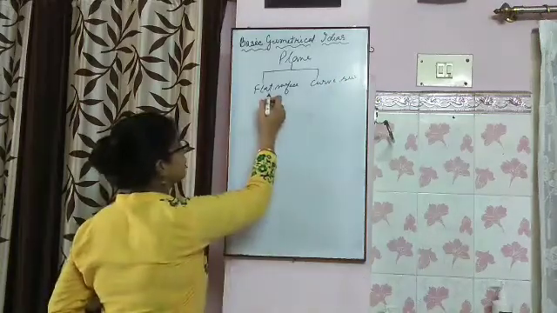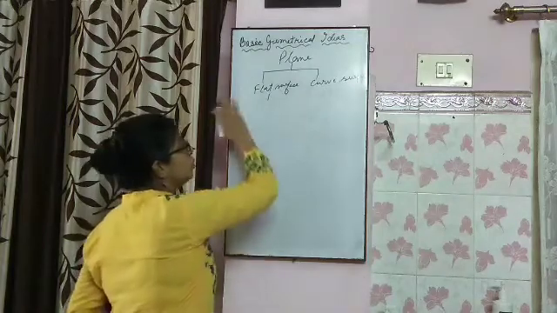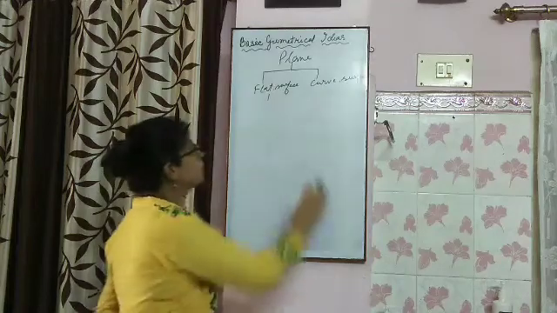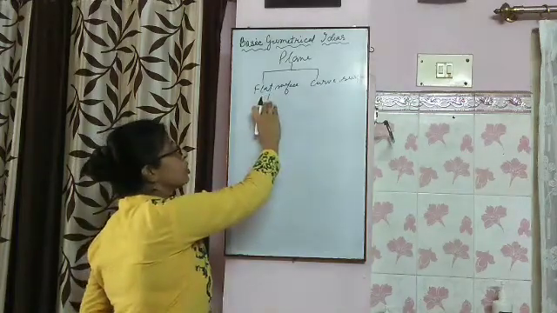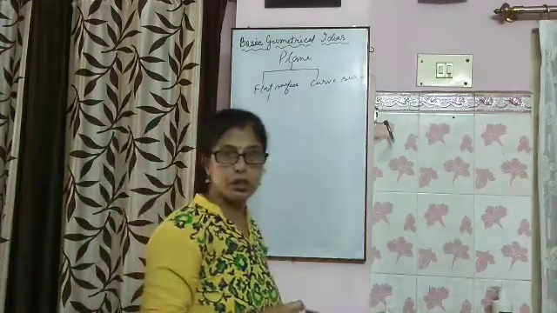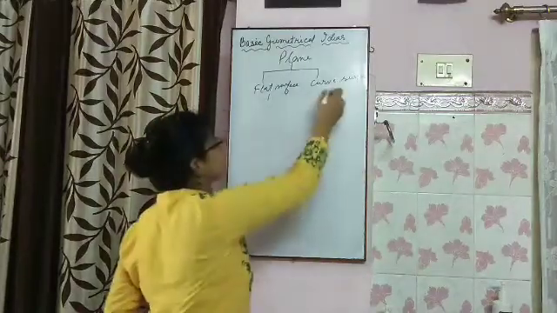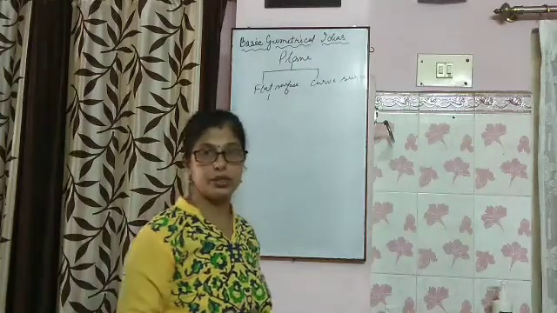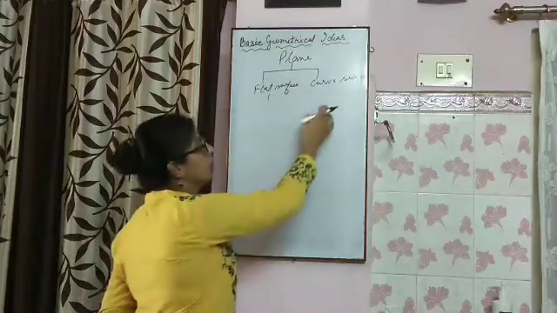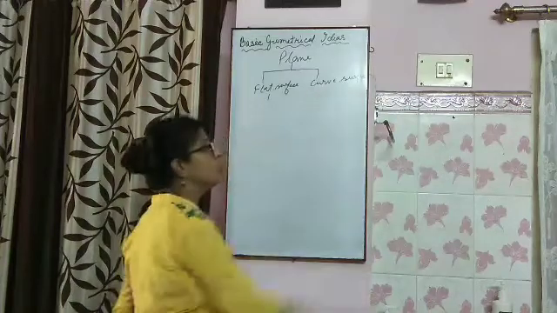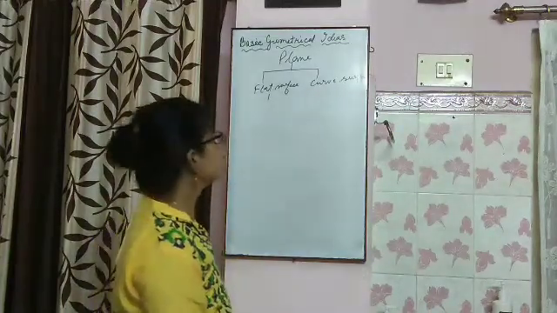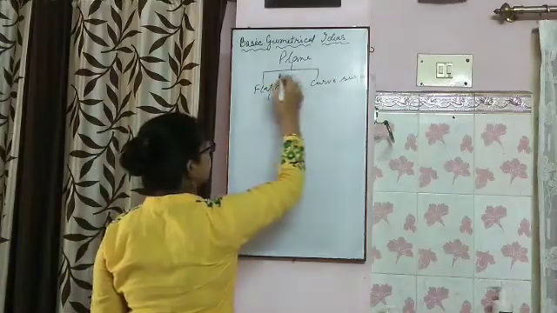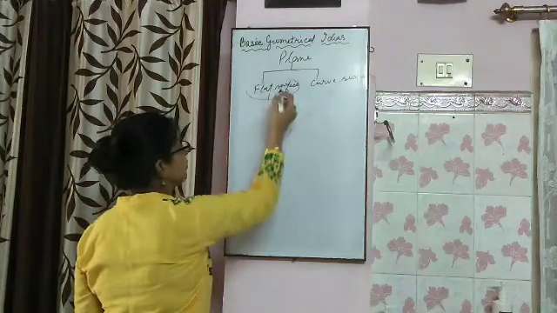The first, flat surface: the top of a book, the top of the board, the floor, the flat floor, the top of the geometry box, many more things. For curved surface, we get things like a ball, an orange, and so on. They are all in the category of the curved surface. Now, it will be discussed later on. Now we will discuss the flat surface.